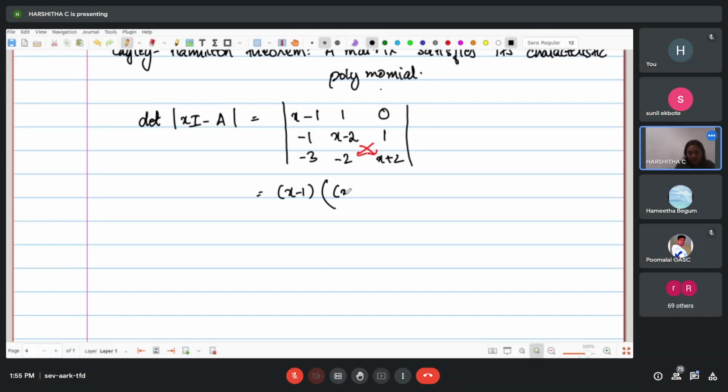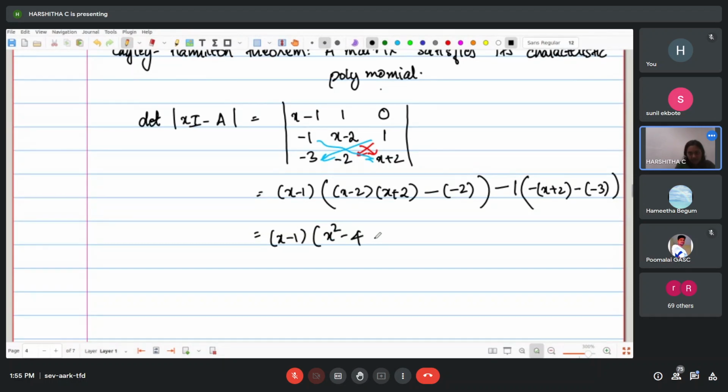So x minus 2 into x plus 2 minus of 1 into minus 2, which is minus 2, then minus 1 into this, so minus of x plus 2 minus of minus 3, which is x minus 1 into x square minus 4 plus 2